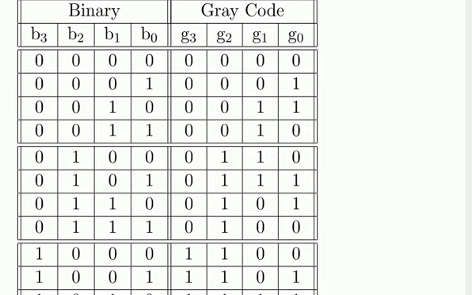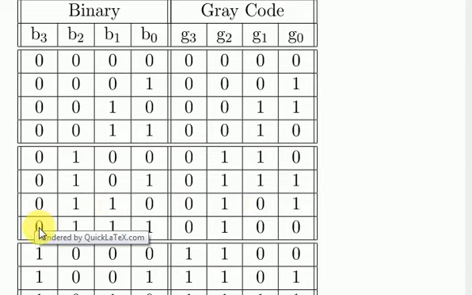Next combination is 0 1 0 1. So 0 will be placed as it is. When 0 1 is exclusive OR with one another, the answer is 1. 1 0 exclusive OR with one another, again the answer is 1. And when 0 1 is exclusive OR with one another, the answer is 1. In the next combination, we are having the input of 0 1 1 0. 0 will be placed as it is. 0 exclusive OR with 1, the answer is 1, placed here. 1 1, answer is 0, so placed here. In the next 1 0, the answer is 1, that is placed here.